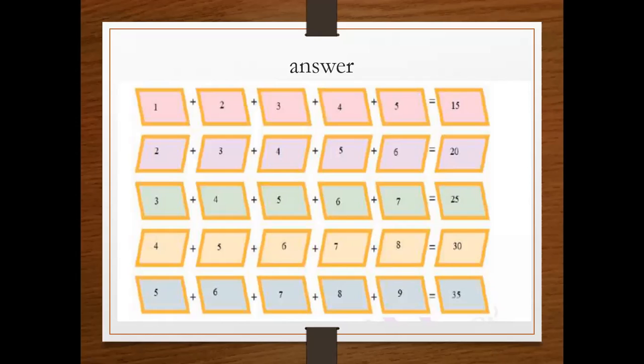3 numbers added, increase 3. 4 numbers added, increase 4. When 5 numbers added, increase 5. If you add 6 numbers, then there will be increase of 6. That is the logic you have to see. See here, 5 increase is there. 5 addition is there. That is the logic of these numbers.